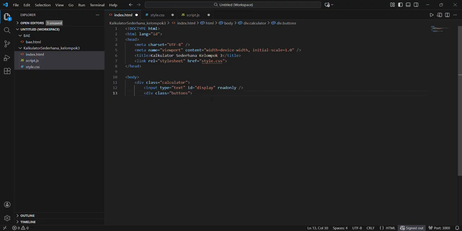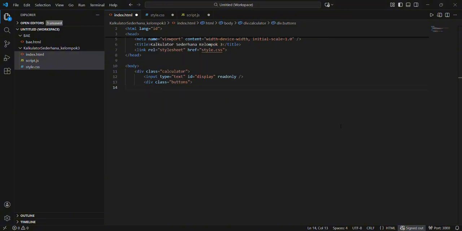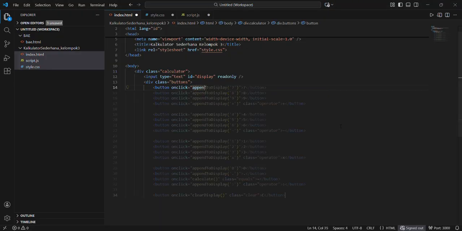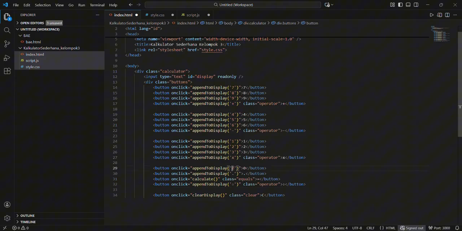Next, we create the number buttons and operator buttons. Each button has an onclick function that will be executed by JavaScript. Number buttons 0 to 9 call appendToDisplay. Equals calls calculate.